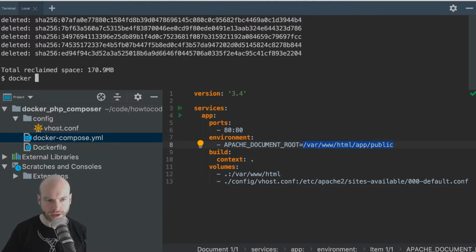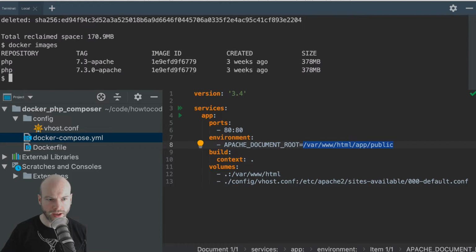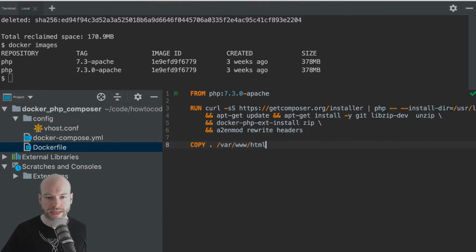Let's do a docker images again. Yep, good. So we already have the PHP image installed. I have tagged it as well, but never mind, that's fine. So we already have that as a base image, so we're not having to pull that down. And again, if I go to the Dockerfile, we can see here this is the image that we're pulling, 7.3.0 apache.